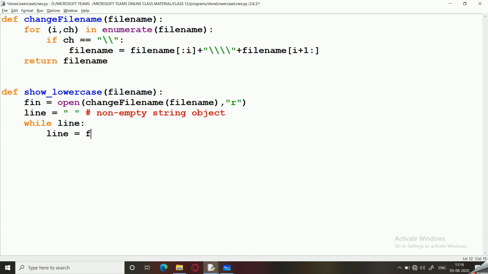So line equals read one line, that is using the read line function. If line[0], that is if the first character is lower, that means we have to print line, else do nothing.